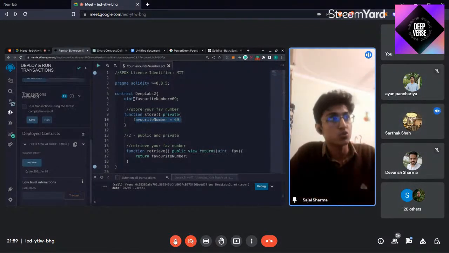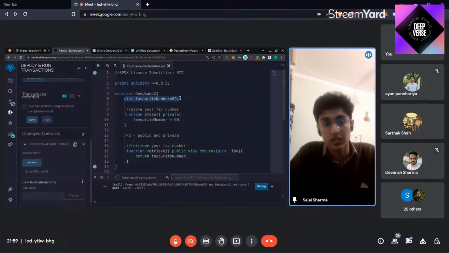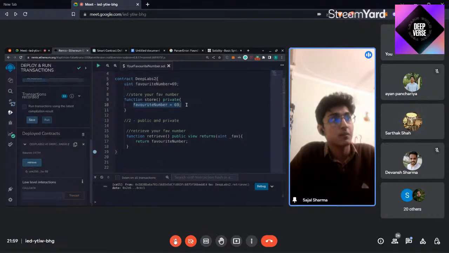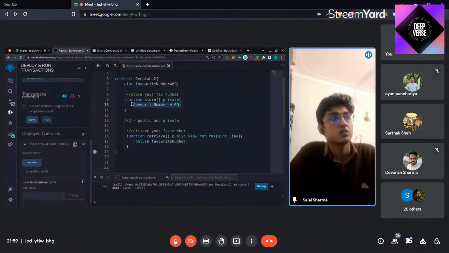But when you use your variables outside any function, like see here, we have used uint favorite number equals to 16 without putting it inside any function. So we have used it globally. We have used it universally. So this is accessible by every function. Every function can use this variable because it's global, it's universal. But this variable is function scope. We can make use of this value inside this function only, and this function won't know that this favorite number is 69. And if we have put 69 here, this function would know yes, favorite number is 69 because it is global,